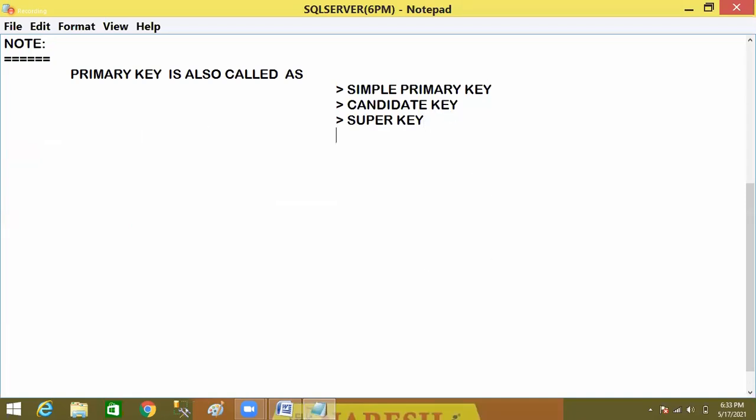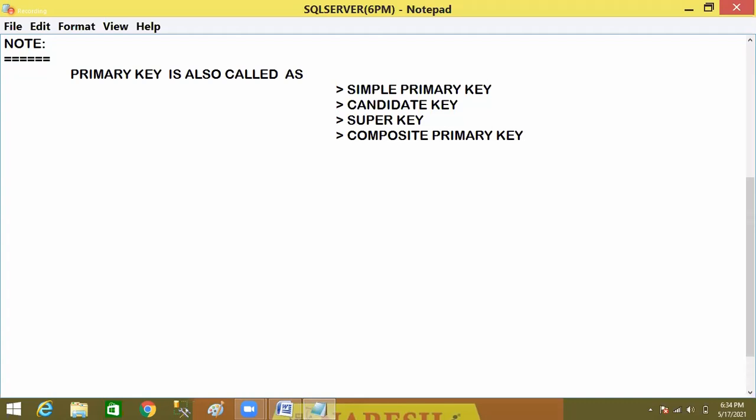and also we can say composite primary key. What is a composite primary key? All these names belong to the primary key only. So the primary key, in different manners, we can call by different names. But when we call it simple, candidate, super, and composite,